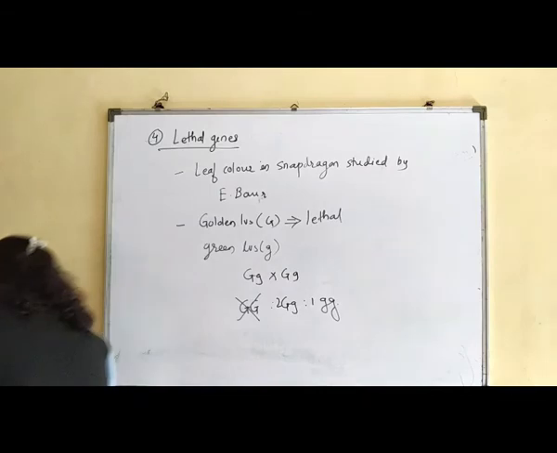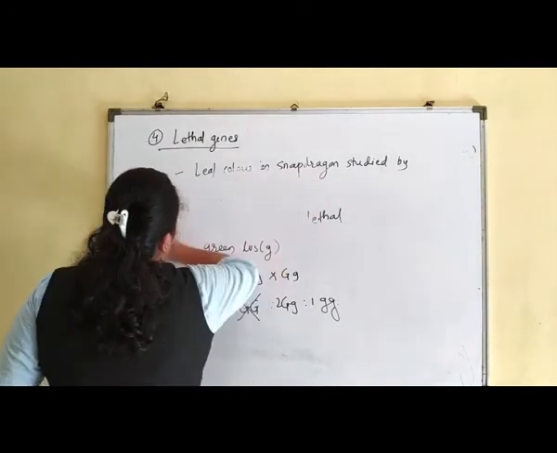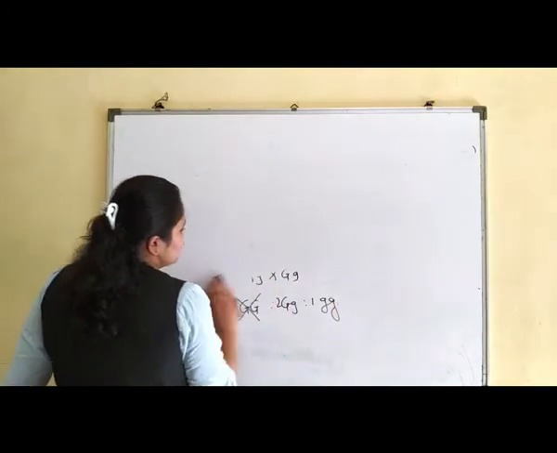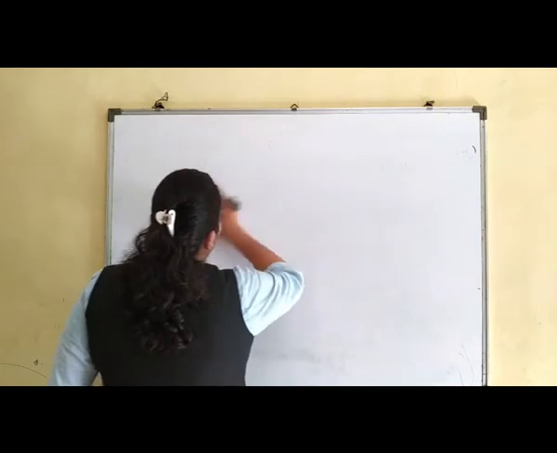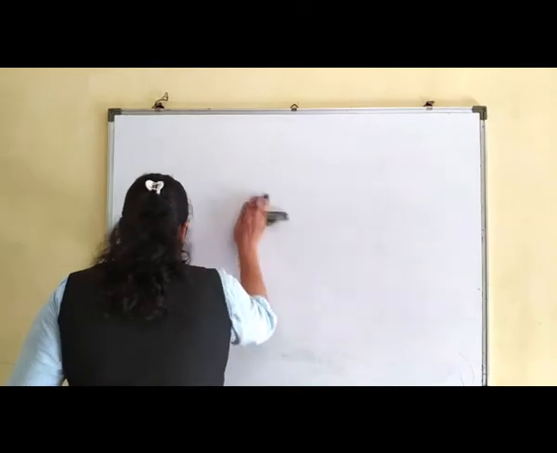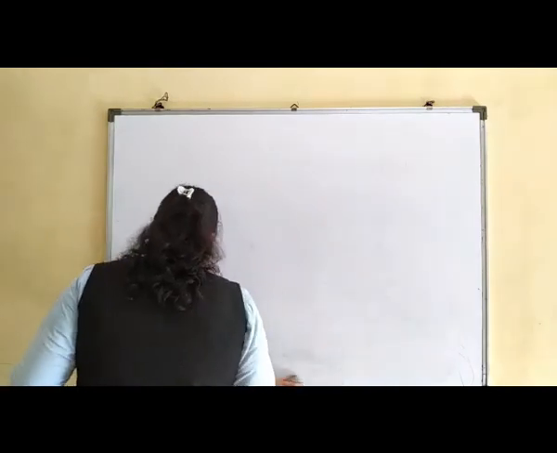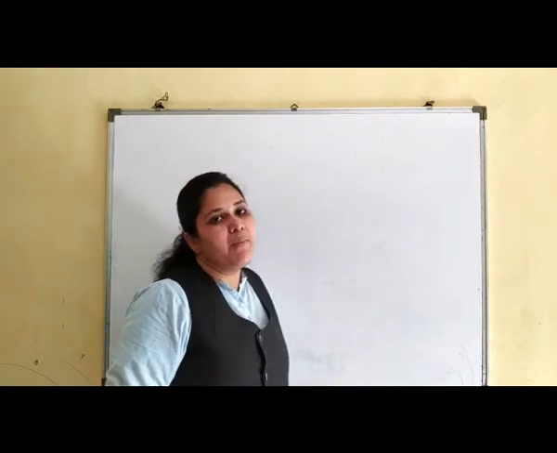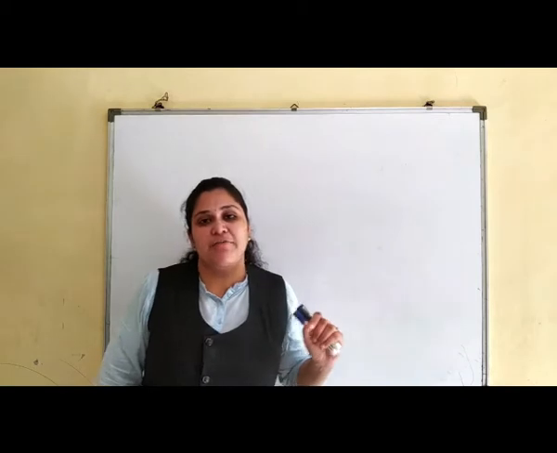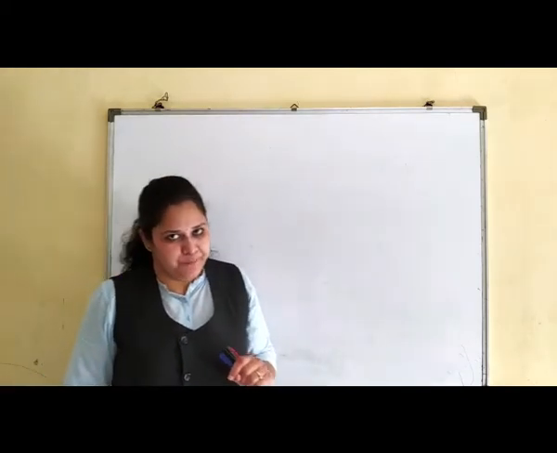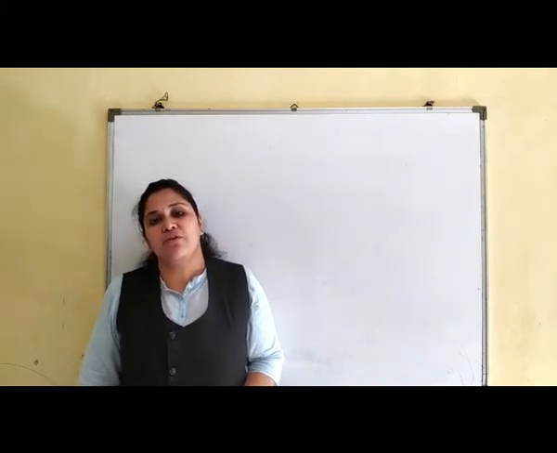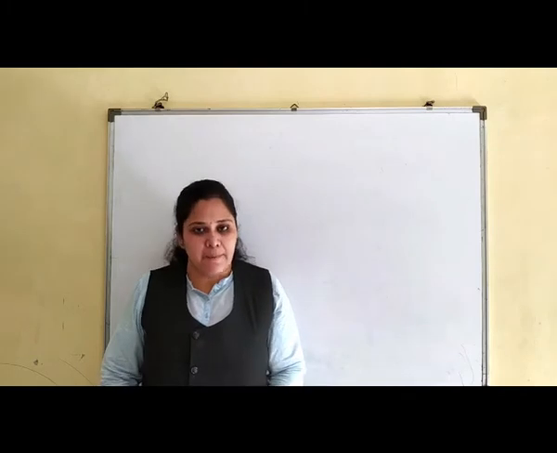So today we will complete this pleiotropy and then we will stop. Fifth one, pleiotropy. Now pleiotropy means what? Pleiotropy means one gene gives rise to more than one phenotype. Or a single gene gives rise to multiple phenotypes. According to Mendel, each trait or each feature is regulated by a single gene. But there are some cases where one gene can control more than one phenotypic expression. That is known as pleiotropy.